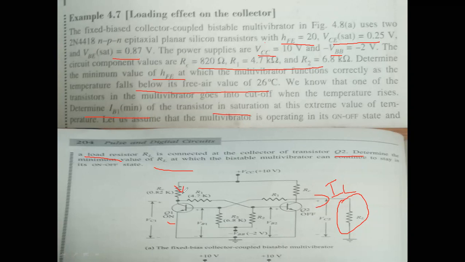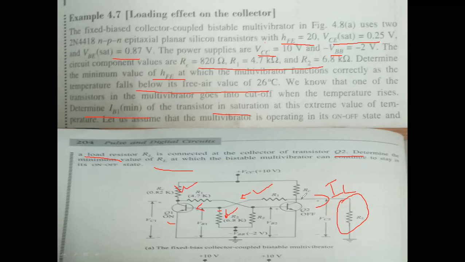In order to know the IB maximum, in this direction you may get I1 current, and in this direction you may get I2 current. I1 minus I2, you may get the IB value. Therefore you have to find out I1, I2, and the I3 values. That means you have to find out all the currents.